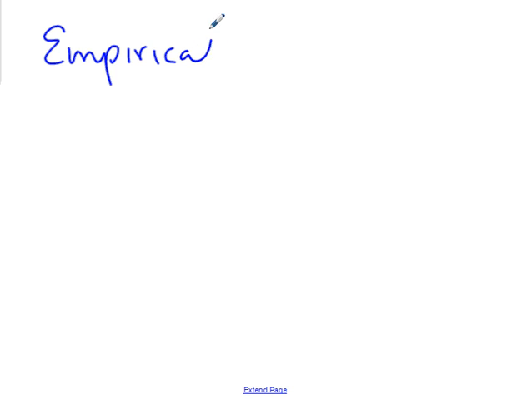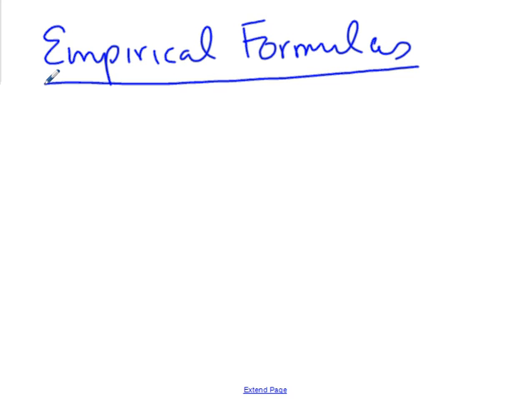Empirical formulas. We said yesterday that there were two major parts to stoichiometry, our second unit. The first part was formula stoichiometry. That's what we're looking at here. And the second part is reaction stoichiometry, which is really much more important than this one, but this is a